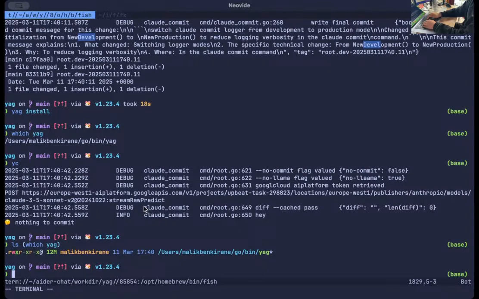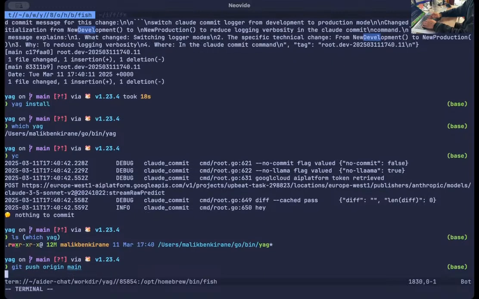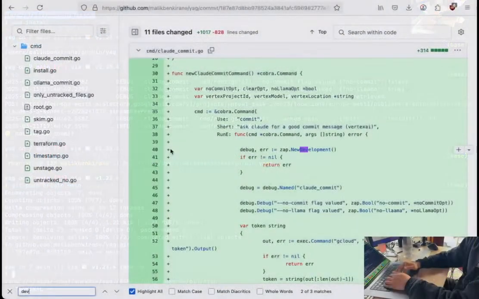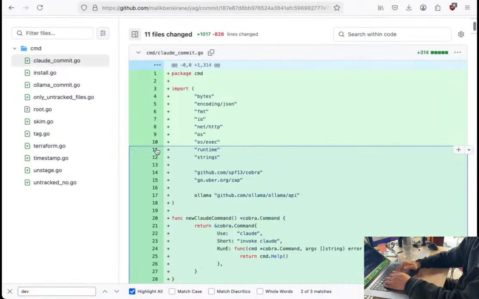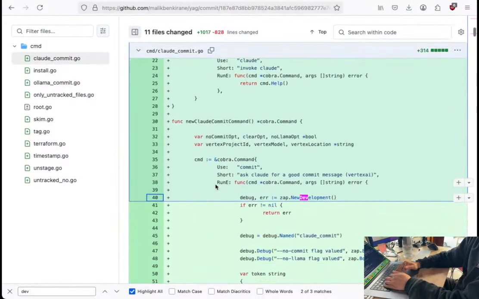We'll see. For the moment, I just push this in here, and when I see